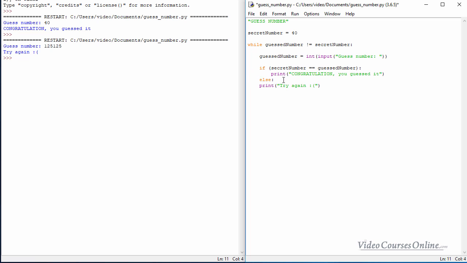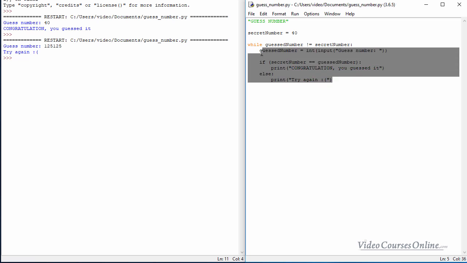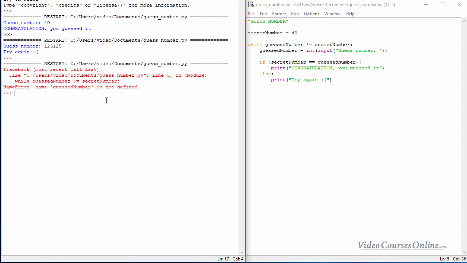So we need to use the spaces, the indentation here, right? Because otherwise this instruction wouldn't be connected to that while loop. That's how the Python works. And now when we run the module, as you can see, it's still not working fine. It's because the guessed number doesn't exist yet in this line. I would like to remind you that interpreter